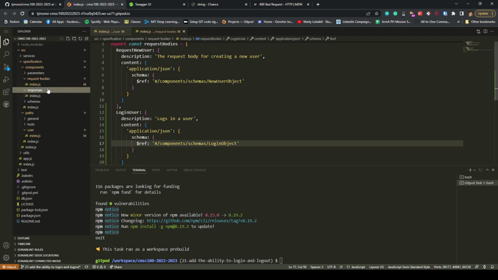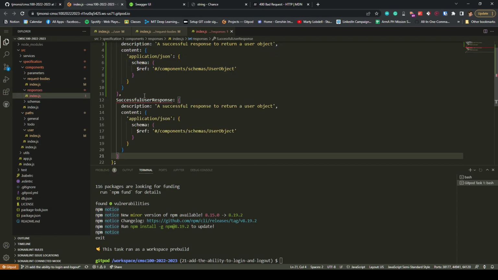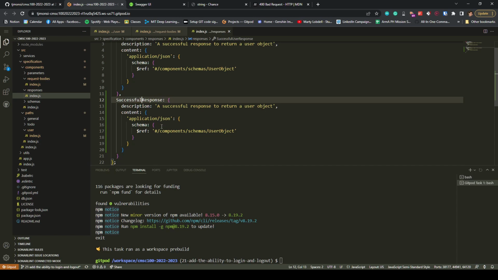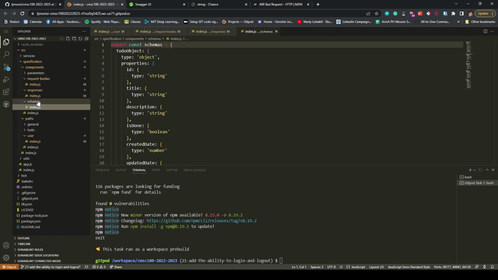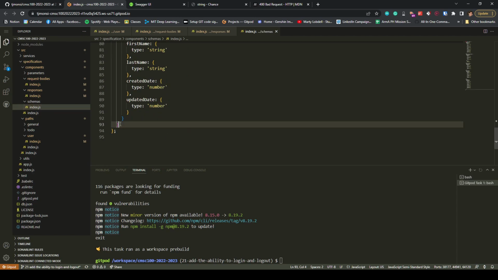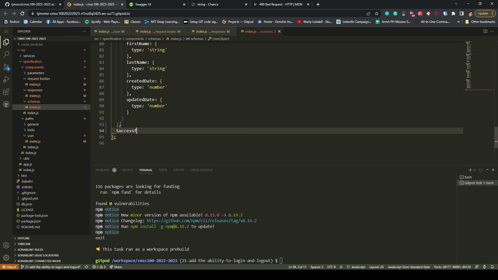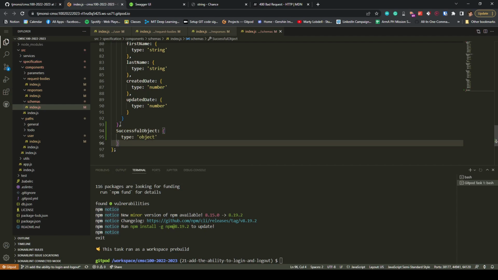Then the response, just copy this, successful response, full object. So we'll create a schema for successful object, which is just type object